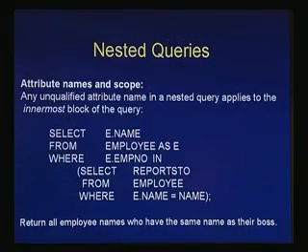Okay. So, let us not worry about what the condition is, let us just assume that there is some condition called C. Now, this condition, that is in this case the nested query and the set membership function, E dot employee number in that nested query, this whole condition is checked once for every tuple that forms the employee table. So, for every employee this particular condition is checked, that is for every employee we are checking whether his employee number occurs in the set of all employee IDs of people who have the same name as one of their